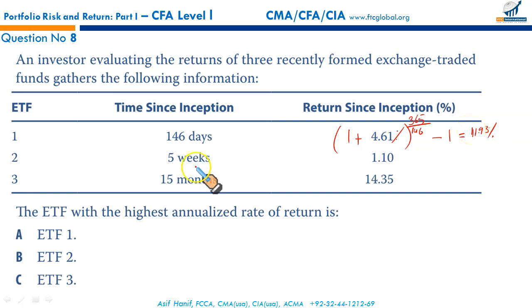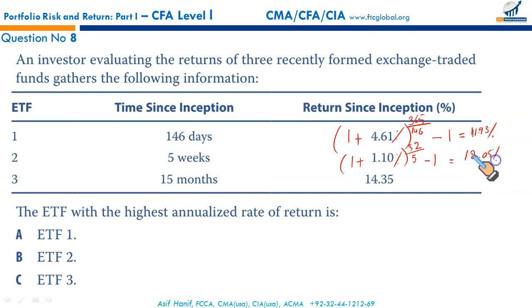Then ETF 2, time since inception 5 weeks, 1 plus 1.10%. How many weeks are there in a year? 52. How many weeks since inception? 5. And then simply deduct 1 from it. You will get